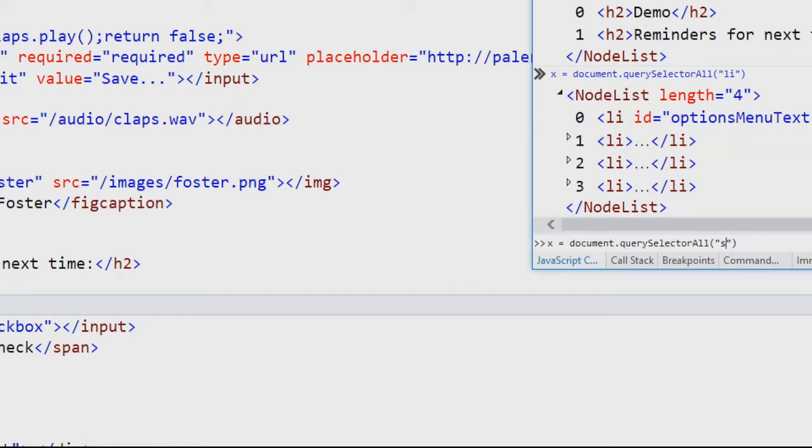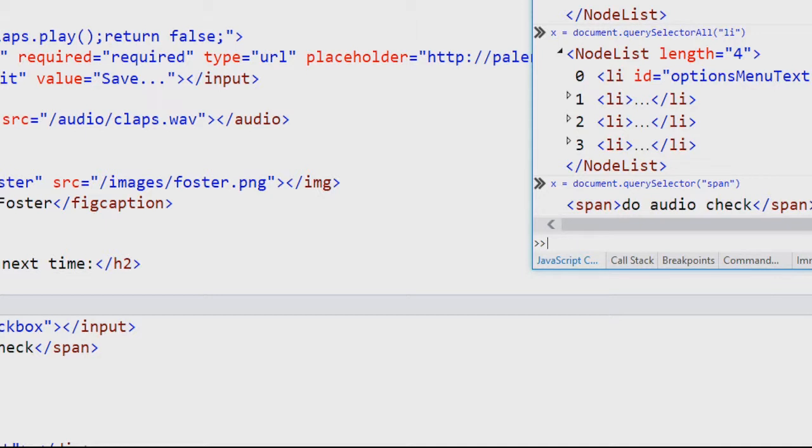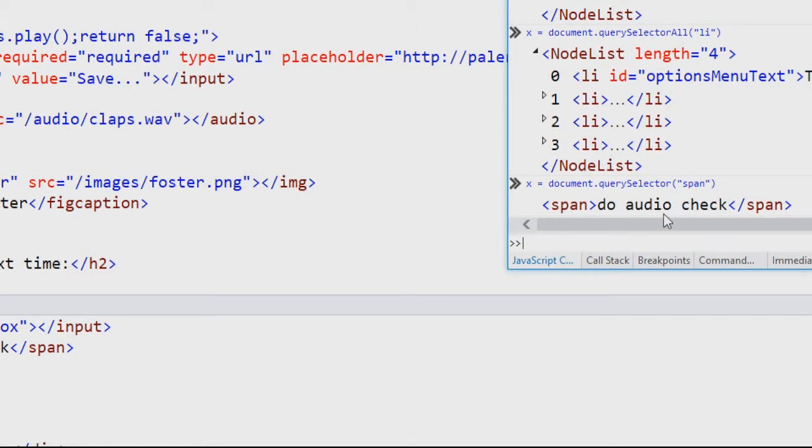Again, if I have all these various spans, but then I turn around and say, no, I don't want to select them all, just give me the first one that's found on the page, what I'm going to find out is immediately over here, this do audio check. By the way, I added these check items on this page. If I were to run this right now,